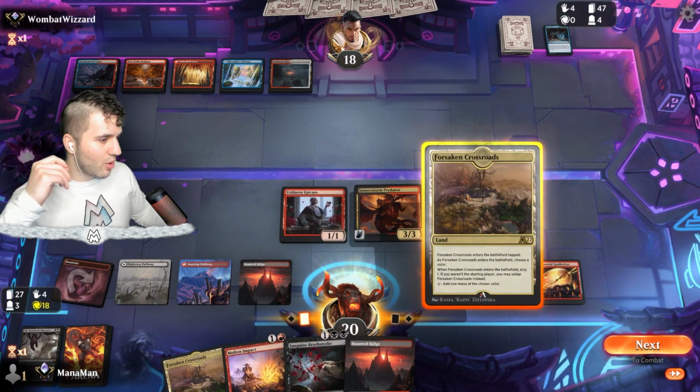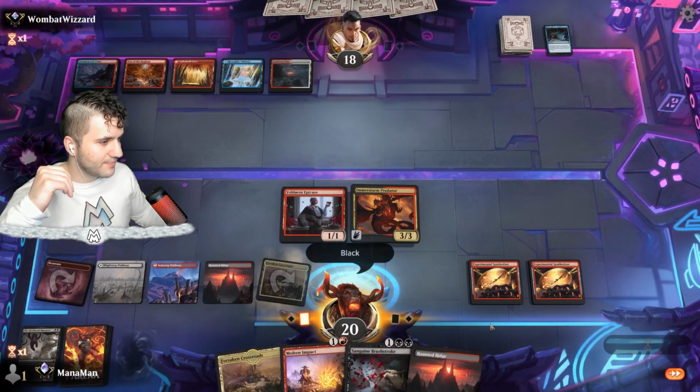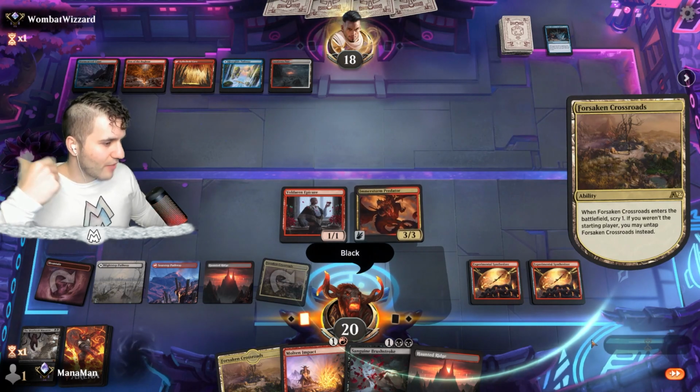Because they are running Jawari, I'm going to play around it. We're going to use Forsaken Crossroads for black. We're going to untap it rather than...